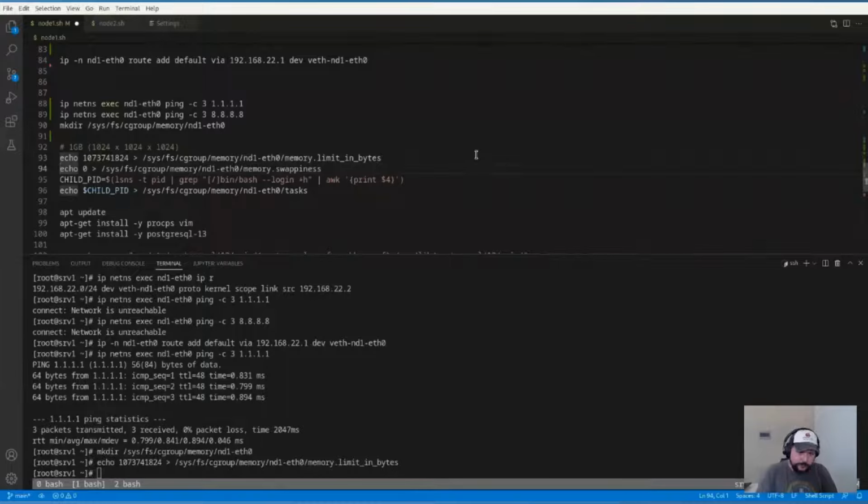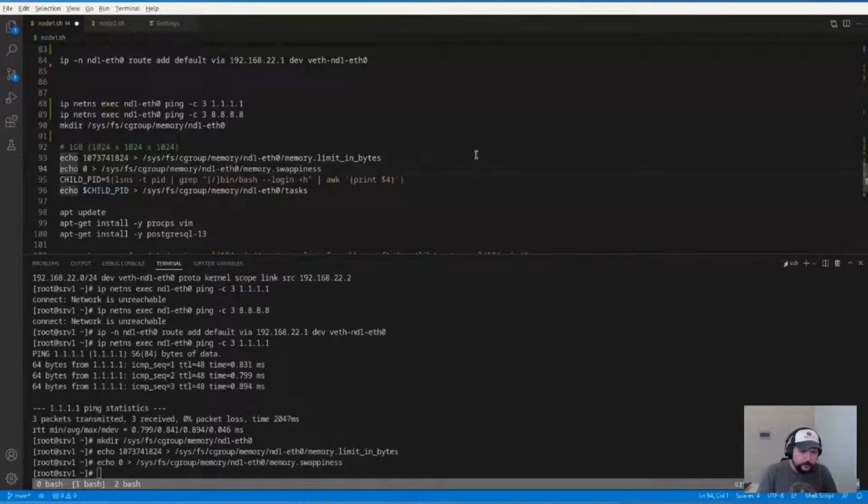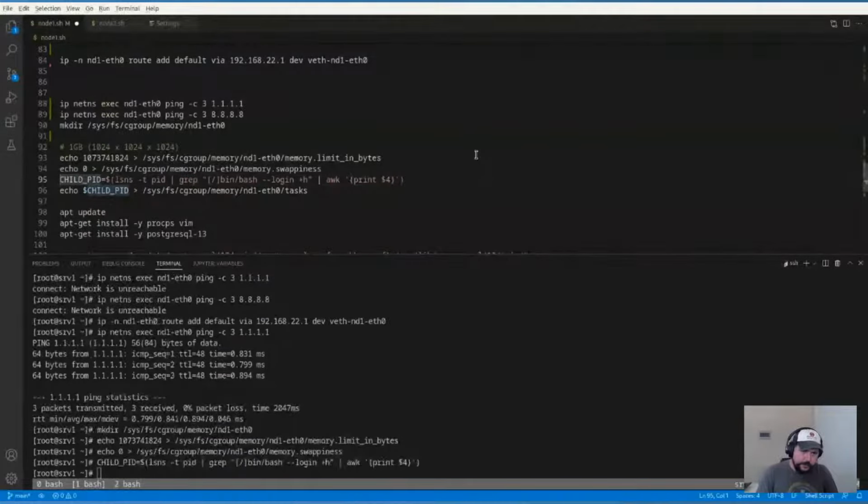And we can limit everything. We can limit memory, we can limit IO, we can limit CPU, we can limit network bandwidth. So most of the things we can limit using Cgroups. I want the swappiness to be 0 because I don't want to have swap inside of my container. Here I'm just binding this information